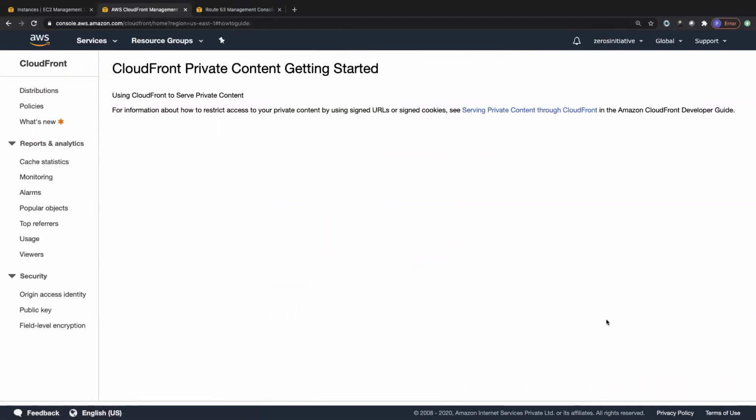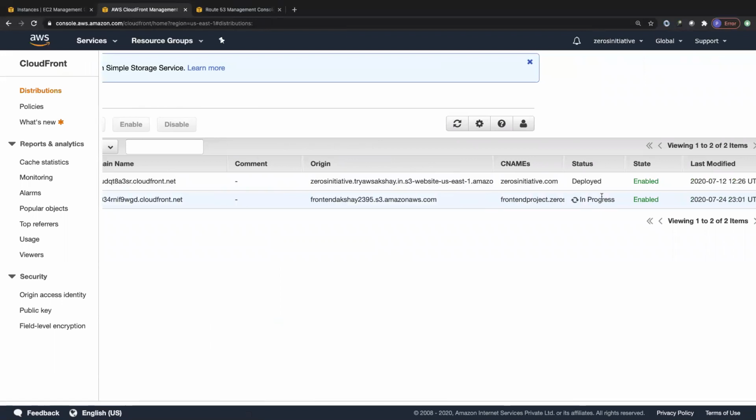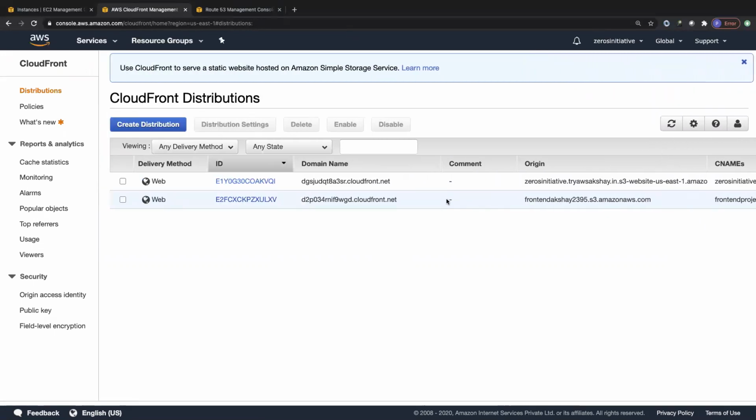So once you click on create distribution and you click on distributions on the left side, you should be able to see a distribution created for you, which is in the in progress status. Previously, you had to wait at least 15 to 20 minutes, I mean, just to get a distribution up and running. But I think they have optimized it really well now, so that you just have to wait for 3 to 4 minutes. So this is your auto-generated endpoint, and this is the endpoint that we would like to specify in